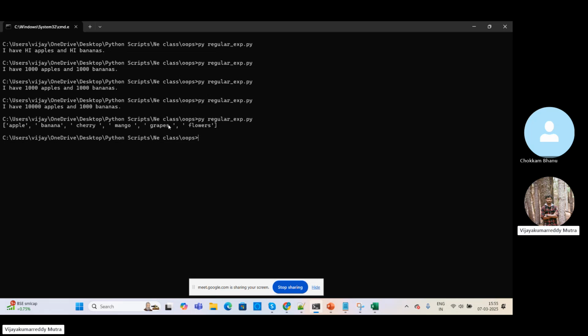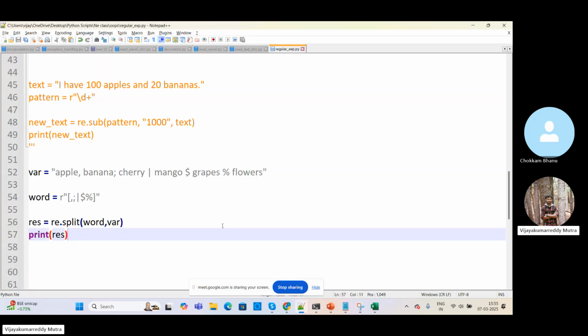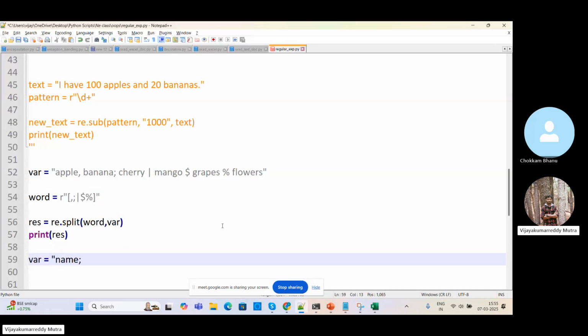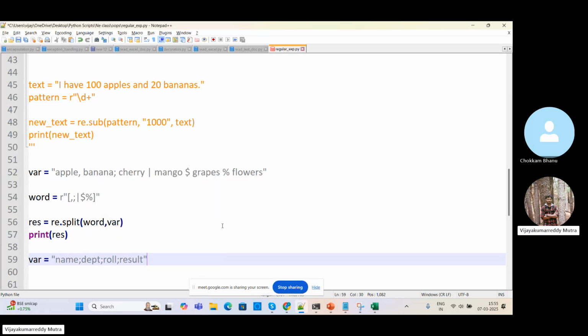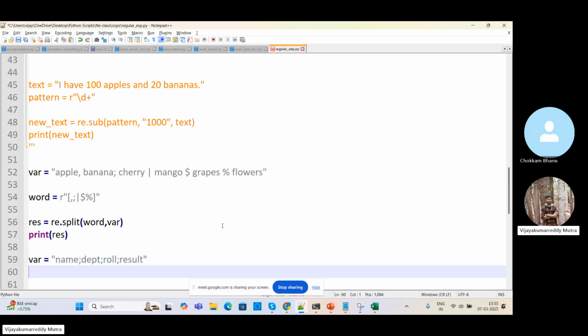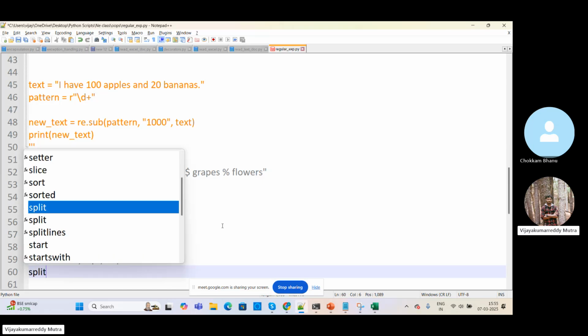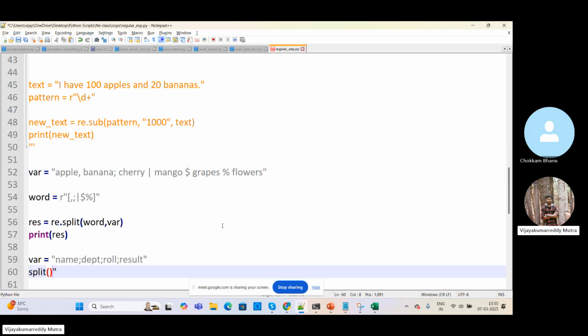See, earlier it was giving things. When you have same type of delimiter, var equals to name semicolon, department semicolon, roll number semicolon, result. If you have same types of delimiters, that time we can just use split only. Split off, and what is the common delimiter? We can use this one inside of that. So semicolon is the common